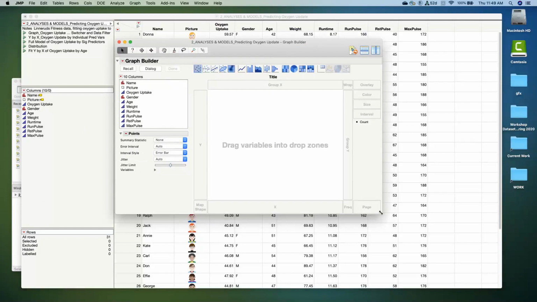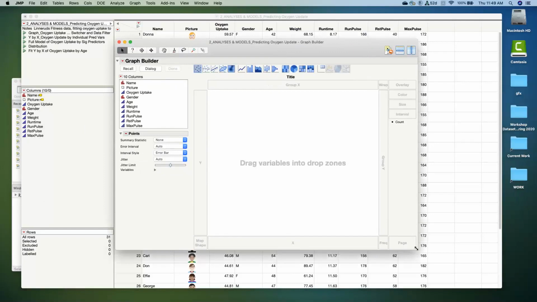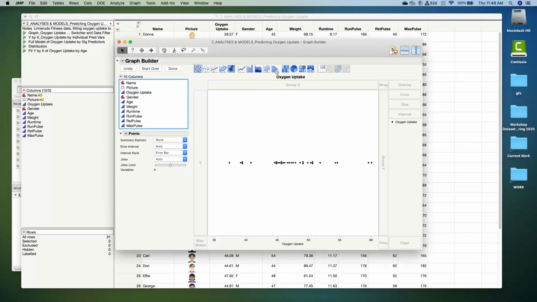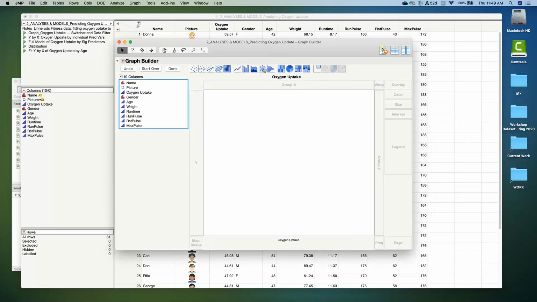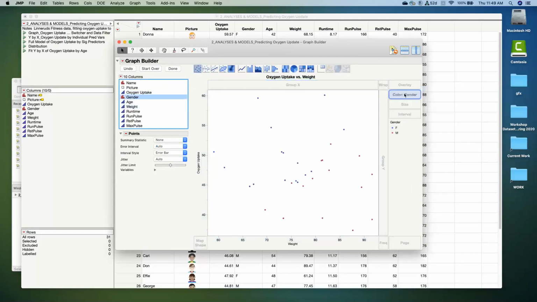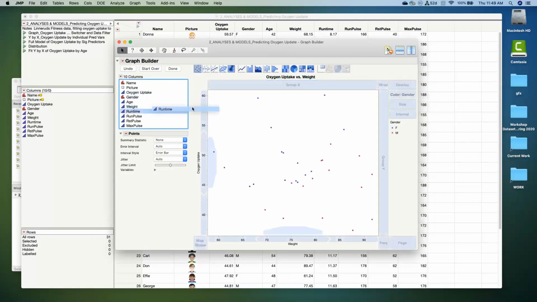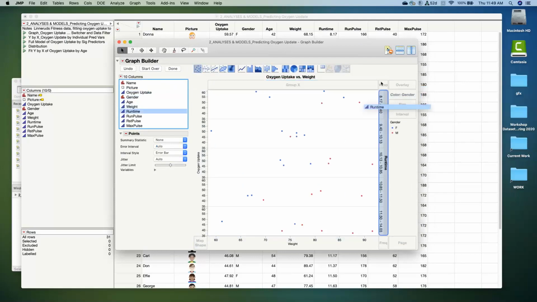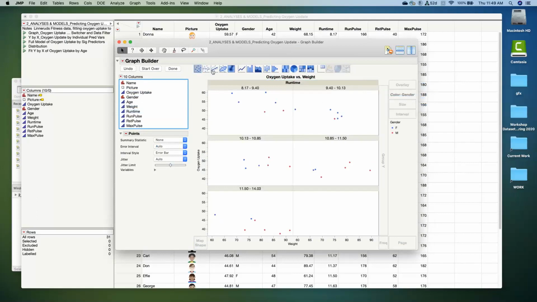So as a user, you're like, okay, I want to make a graph. Let's see. Maybe I want oxygen uptake on the Y. No, maybe I want it on the X. Oh, maybe I want a histogram. No, that's not what I want. Maybe I want a box plot. Maybe I want to see the dots. No, wait, change my mind. Now I want it on Y. Let me put weight over here on X. And oh yeah, gender. That's what I want. I want gender as a color. And maybe this other variable, I want to panel it. No, I want to wrap it this way. Okay, I'll put it there. Now let me add the regression line. So what's nice about it is